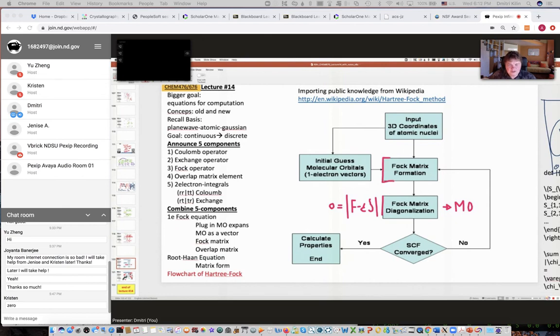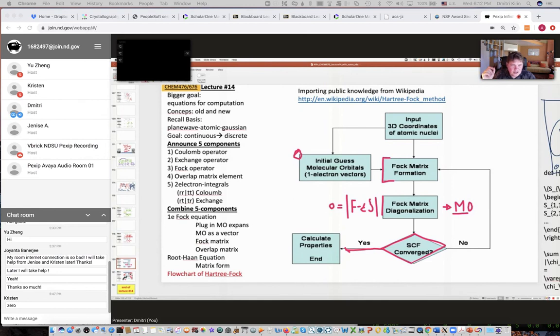But then after we have the initial guess, maybe it's step 0, and then the first step of finding molecular orbitals, one can compare the total energy that we compute by expectation value of the total Hamiltonian with the Slater determinant, and check if this total energy at the previous step and next step agree to each other. If they are very close, we stop the procedure. If they do not coincide,